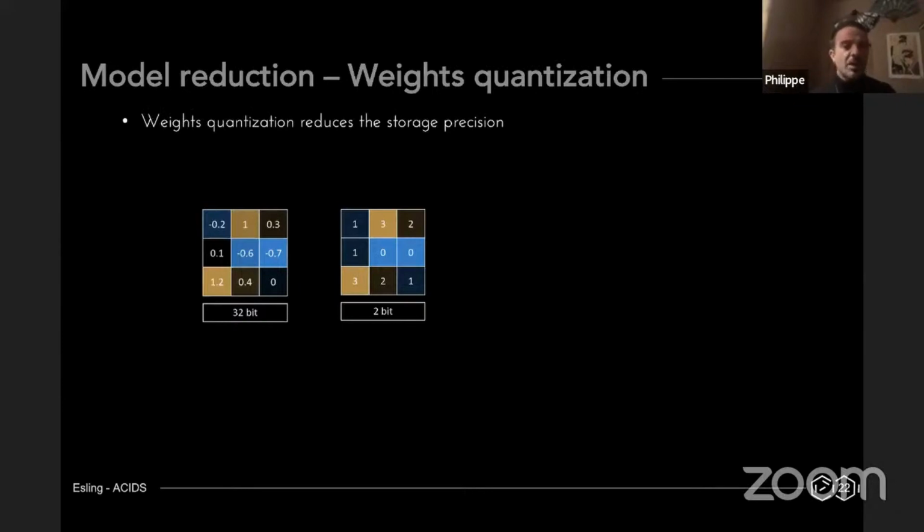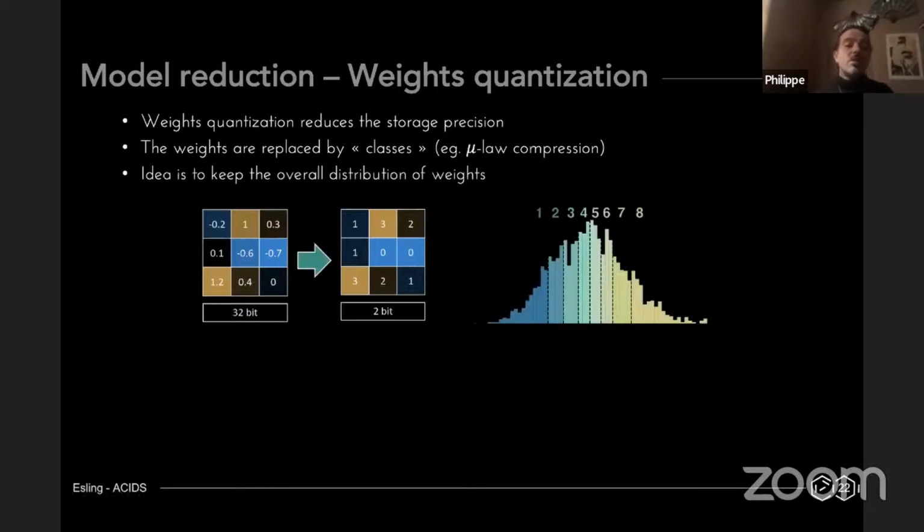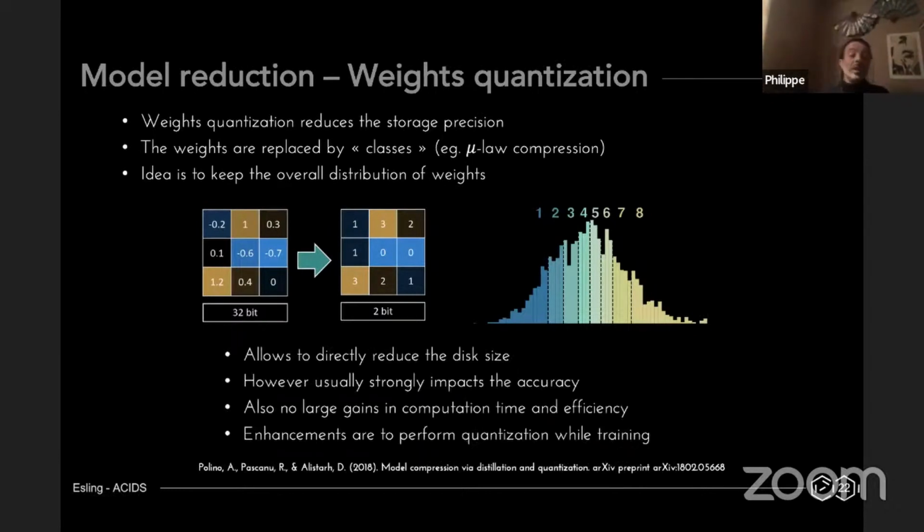It just means you've been training your network on 32, 64 bits, and you're thinking, okay, let's just replace the weights by classes. We can use, for instance, 2-bit reduction. The idea is to keep the overall distribution, but to smartly find a way to reduce the complexity. Here you're reducing the size of your network by 16, which is already something.